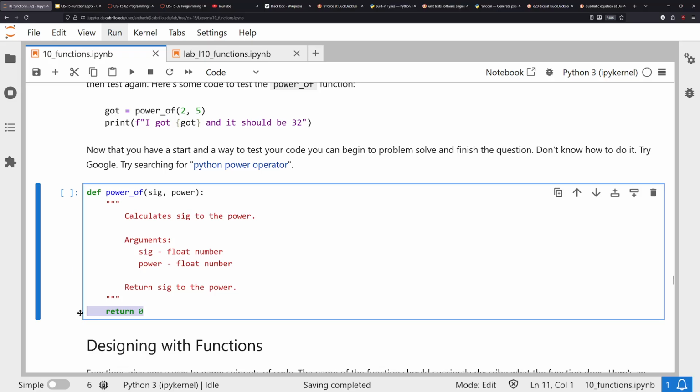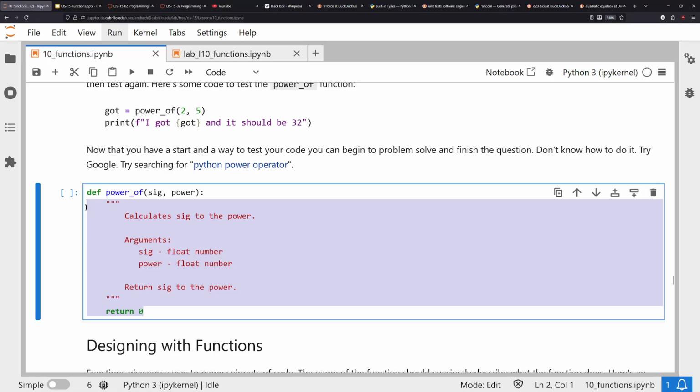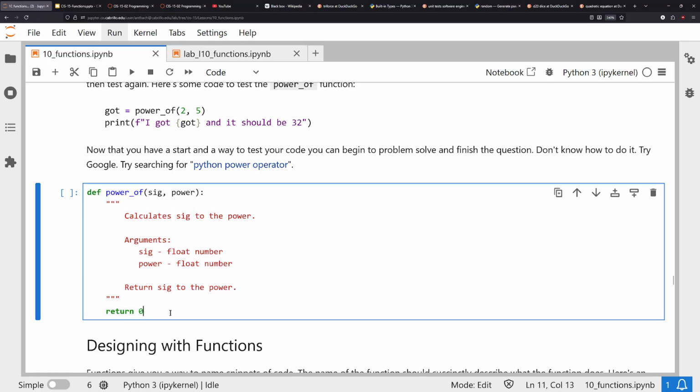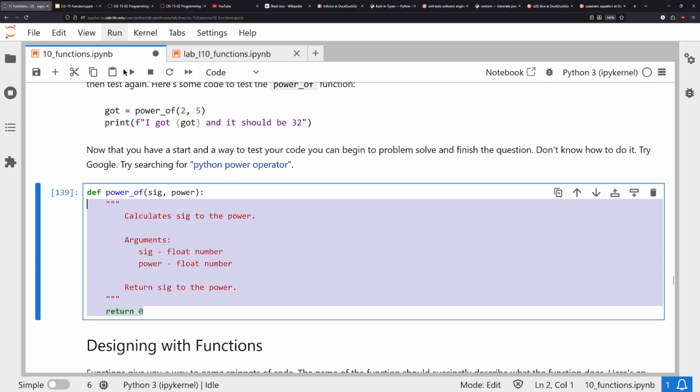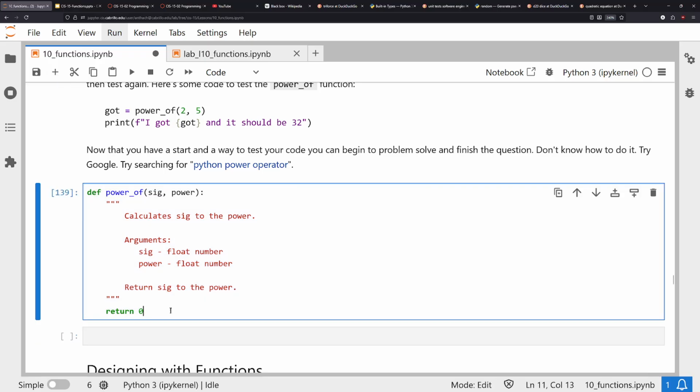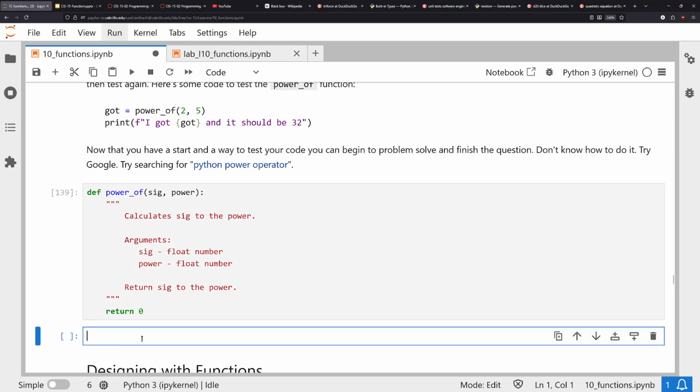The reason why I'm returning a dummy number is so I can make sure the function is syntactically correct. Syntactically means I don't have any small typos in here. So let me see. Okay, I just loaded the function. Let me go ahead and try to invoke the function. So I'll insert another cell. This is meant to invoke it. So I'll go ahead and call power of,